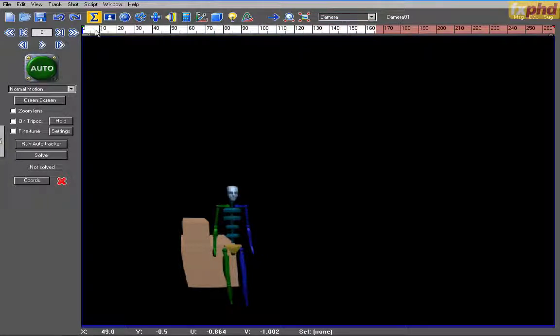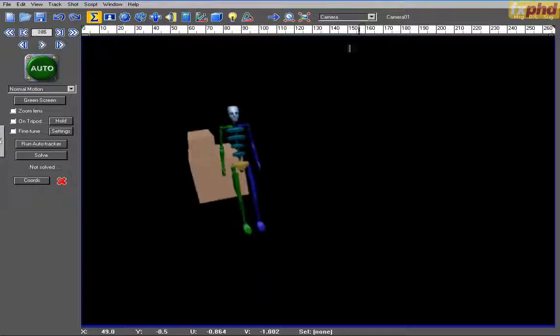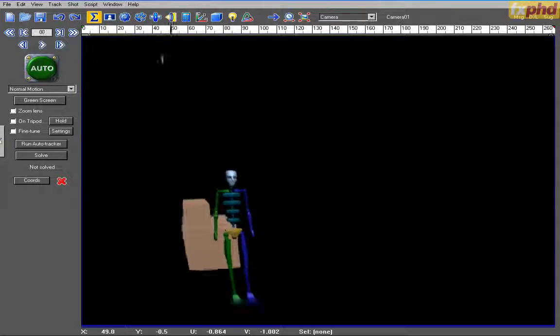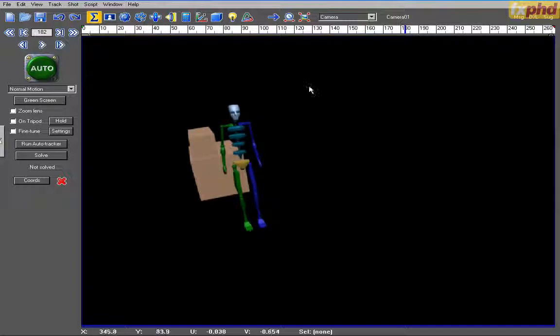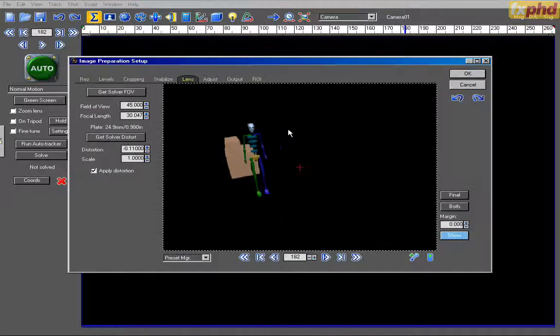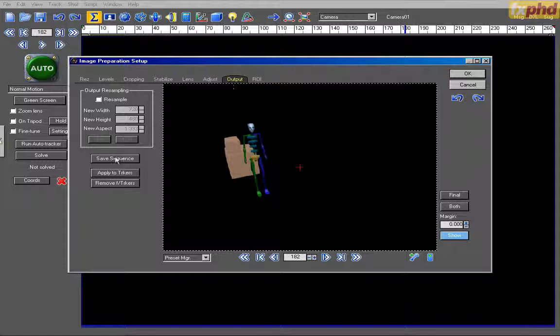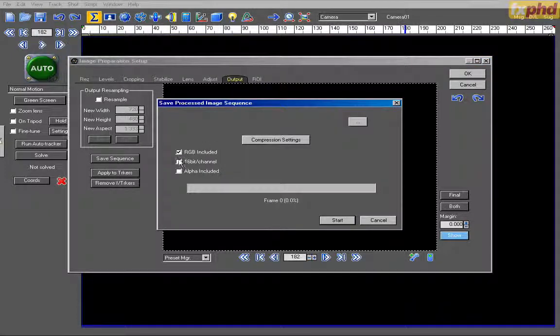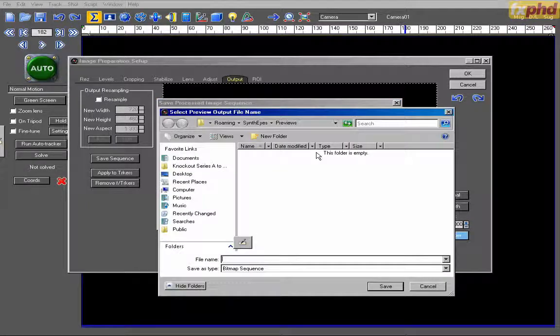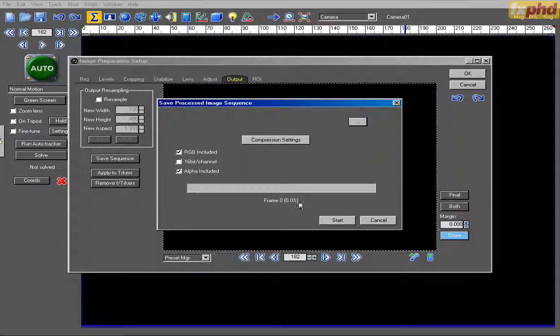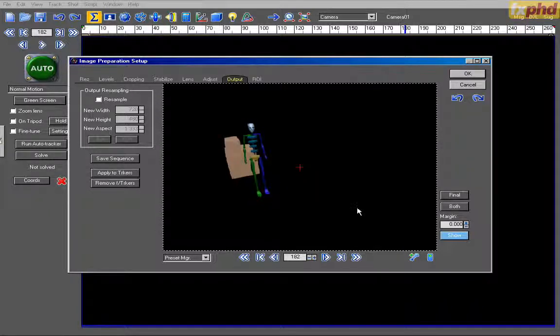And now you can see the whole sequence has actually been distorted to match the setting that we had done with the undistort. So now we can take this footage and export the sequence out, and then have it distorted for use in our compositing application. So you go ahead and save sequence, RGB, alpha. And obviously what we want to do here is probably do something that's uncompressed for our favorite format and go ahead and export that footage, and then we'll import it into another application for compositing, and we'll be ready to